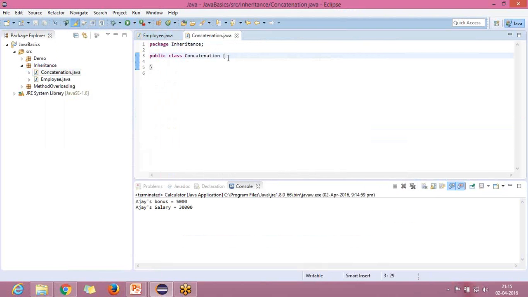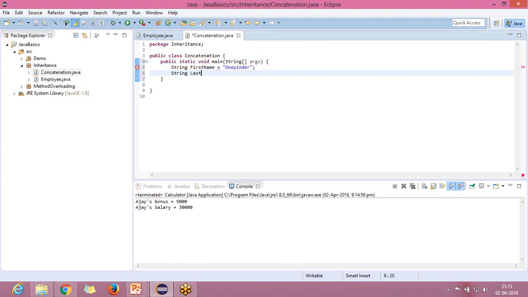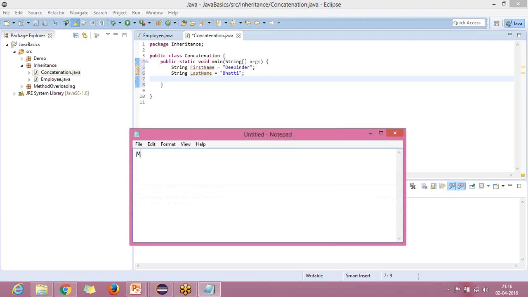I'll quickly write the main method here. Suppose I want to print something. I declare a variable String firstName is equal to, I'm writing my name only, Dipinder. Again, I write String lastName is equal to Bhatti. This is my last name. Now if I want to print something like, just hold on, if I want to print something like, my name is,